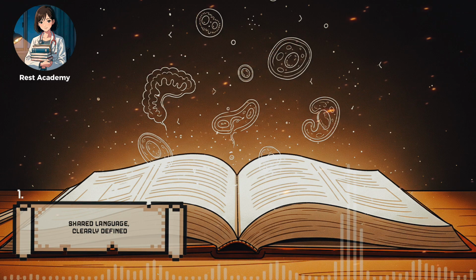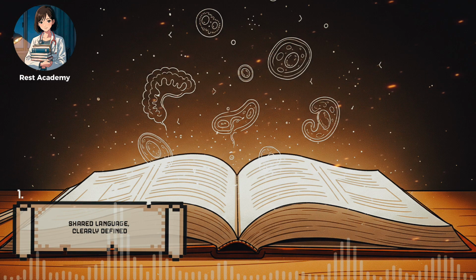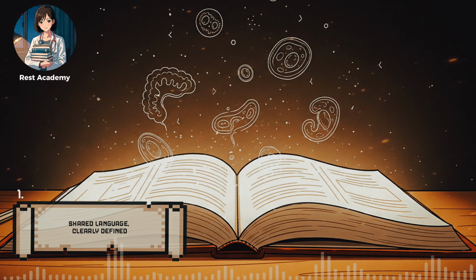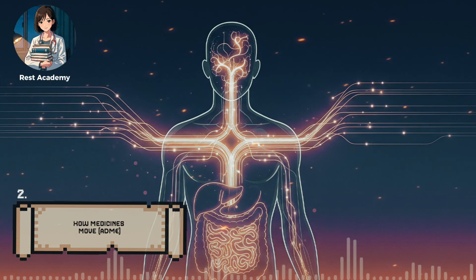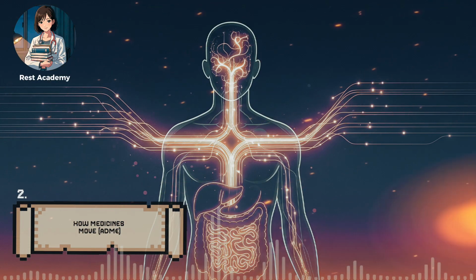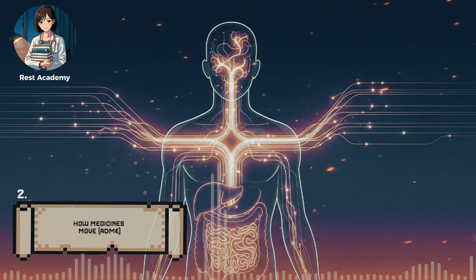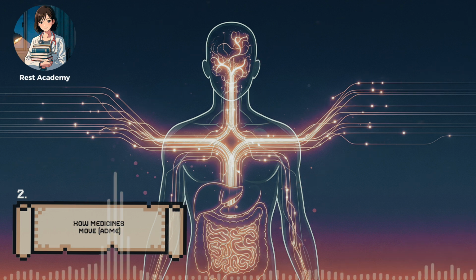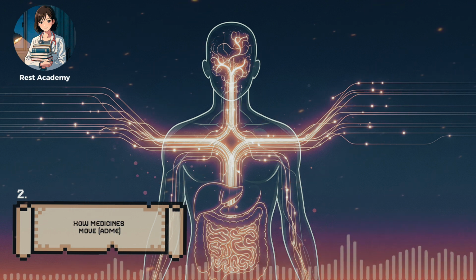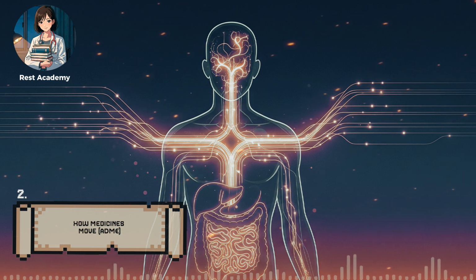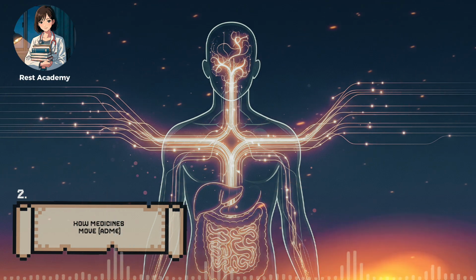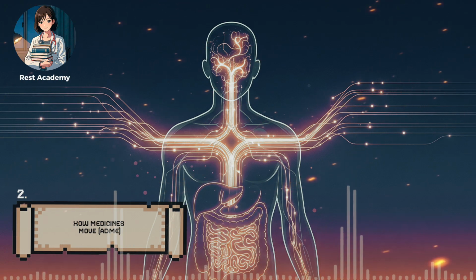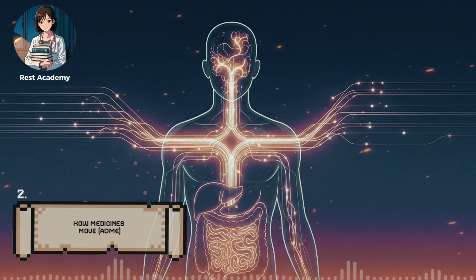As the stacks settle into order, one question remains. Once a medicine enters the body, by what steps does it travel from entry to effect, and finally to exit, and where do the real bottlenecks hide? You imagine a river at night. A drop enters upstream, drifts through channels, passes gates, pools and backwaters, and finally exits to the sea. A medicine follows a similar course through you. Four linked steps, often abbreviated as ADME: absorption, distribution, metabolism, and excretion. Each segment sets the tempo for effect.